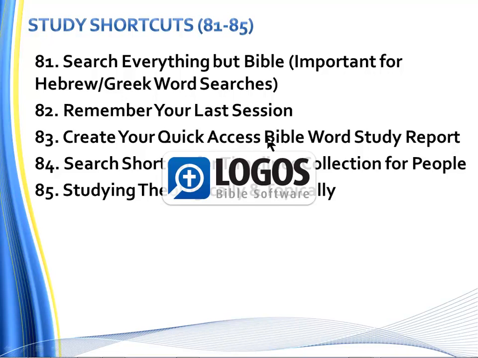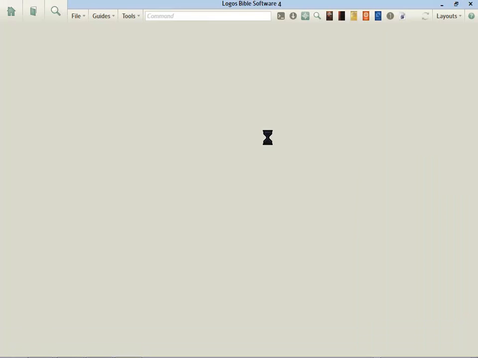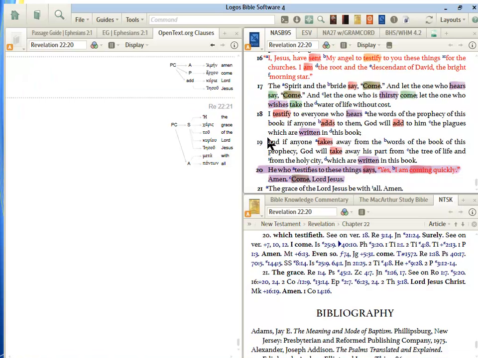And what you're going to notice in just a few moments is that exactly where I left off, Logos will remember. And there you go. Isn't that awesome? Back to Revelation 22:21, just the way we had it. So this is a very powerful way to remember the last session. So if you're studying and then you suddenly say, all right, I've got to quit,